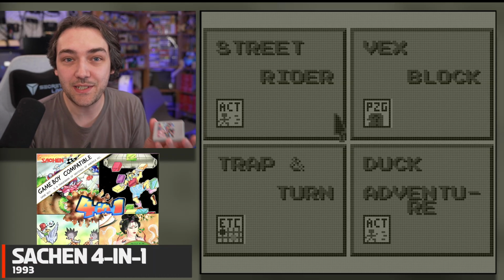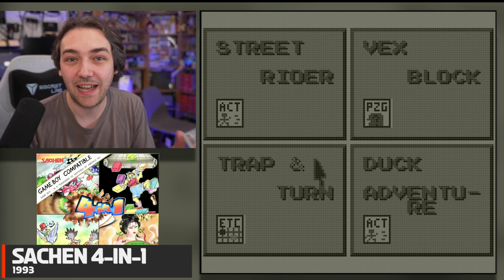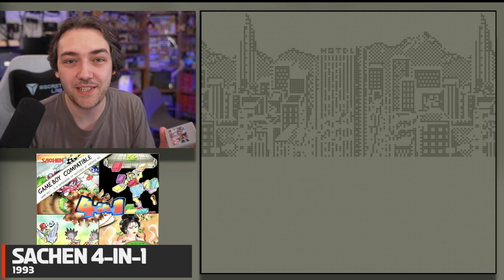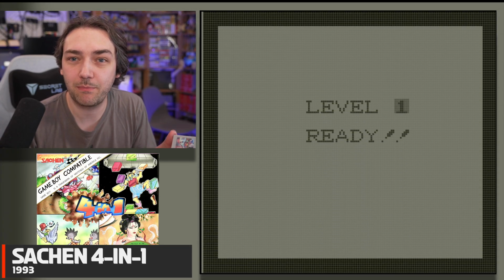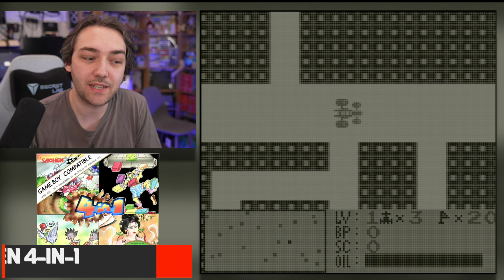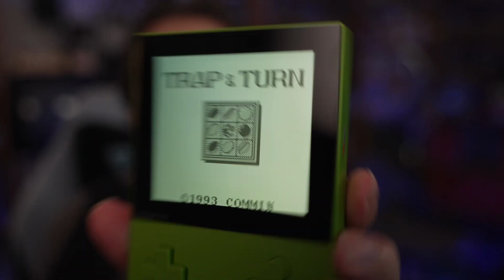So it contains 4 games, and honestly I have to say that none of the games are actually any fun to play at all. There's a weird Pac-Man style racing game, there's a kind of Klax style puzzle game, and then there's 2 other ones. There's a single screen platformer, and the last one is basically Othello, but there's actually 2 interesting things about this release. So here's how the games look, and as you can see they run perfectly fine on the Analogue Pocket